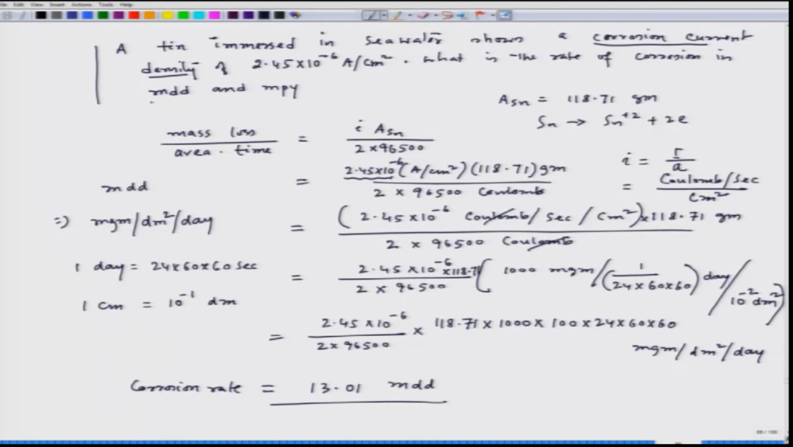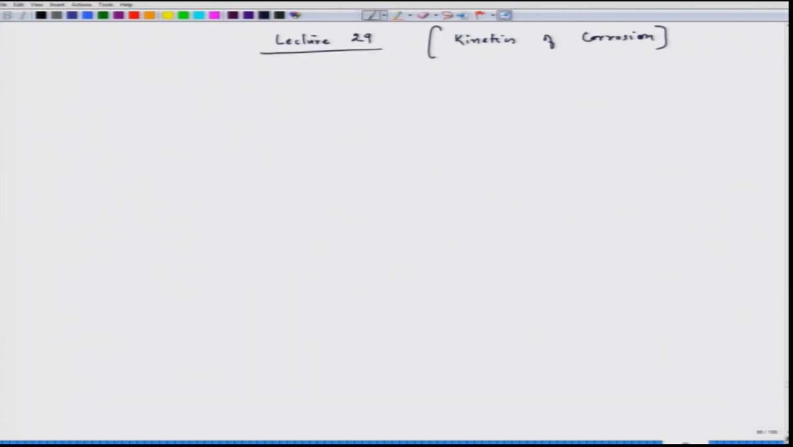We had to calculate the corrosion rate in the form of MDD by using the corrosion current density which is provided to us, and we did a little bit of conversion of units and then we got the value which is 13.01 MDD. Now, we have to find out the corrosion rate in the form of MPY. There are two ways. Once you know MDD, you can convert that MDD into milli-inch per year, or you can start with the basic equation, which is corrosion rate